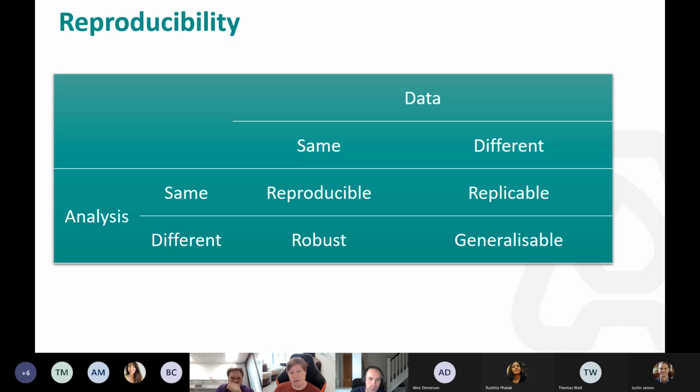So the model that you build holds across multiple situations.